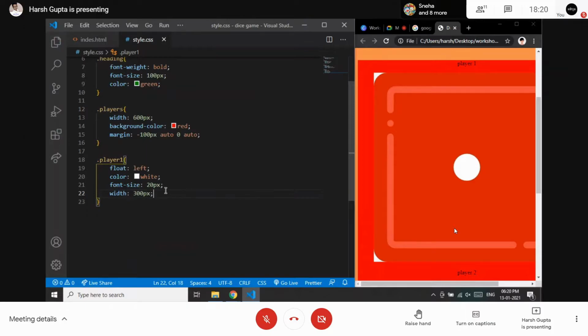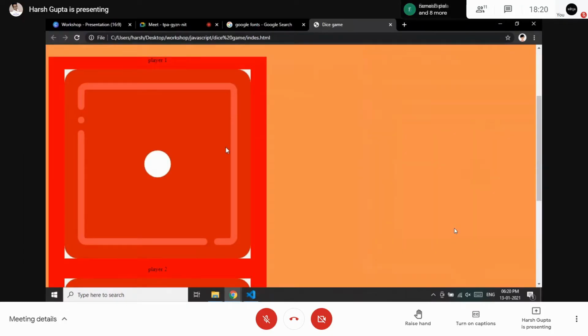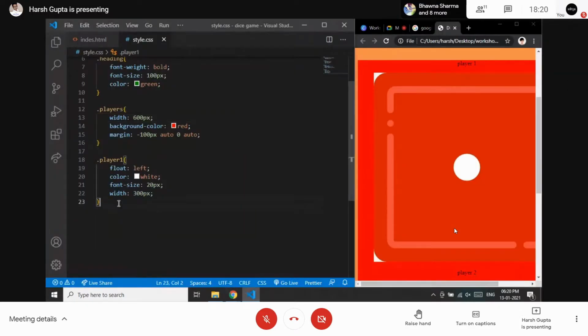I have written the 300 here because the total width of the box is 600, and I want these two boxes to be aligned on the center but on the sideways. So this will take the 300, and this one will take 300.